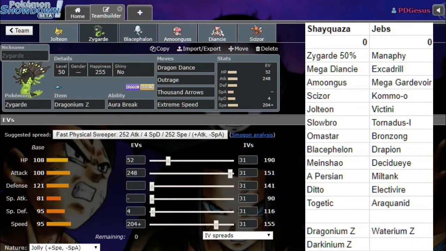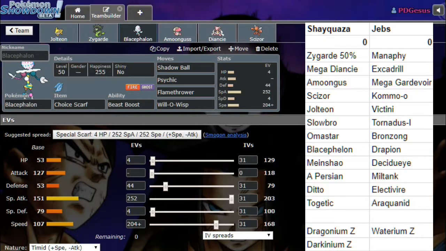Then we have, once again, Blacephalon with a Choice Scarf, because what other set is there now? Late game, this thing can probably sweep with Shadow Ball. Straight up, man. This thing can just click Shadow Ball and start racking up Beast Boost, but I know he's a very good player, and there's not a very high chance he's going to let me do that,